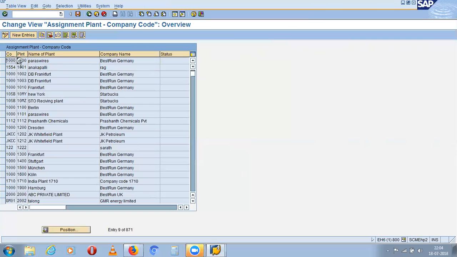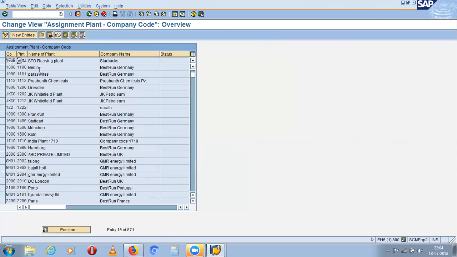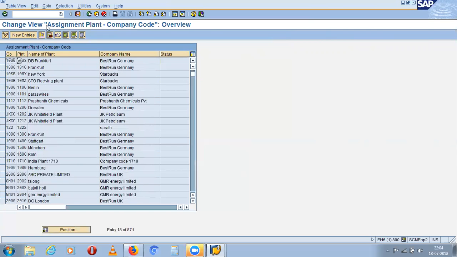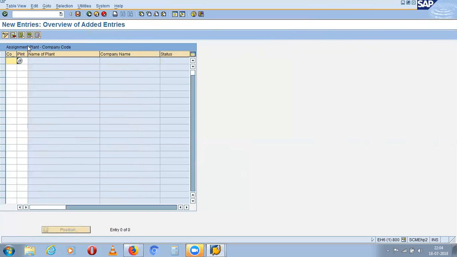Under 1000 only it should be there. Okay, it's not there. Now click on new entries. Enter your company code, that is ASC1, and then plant CP11.